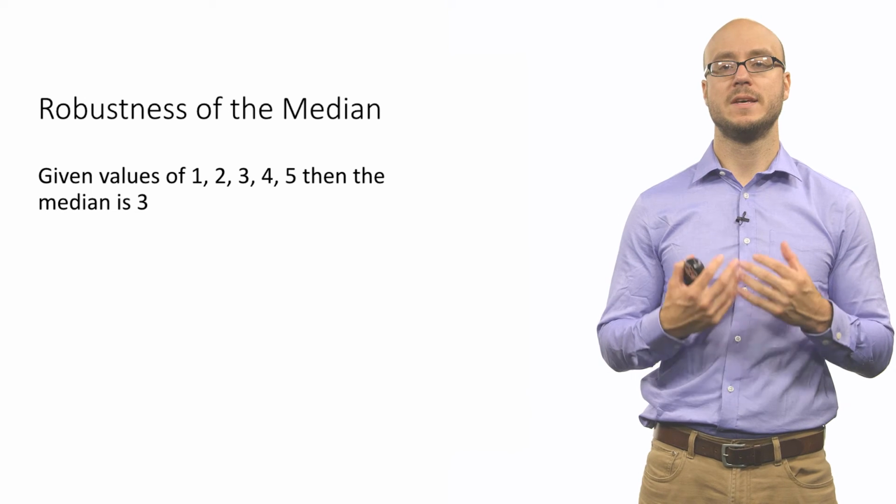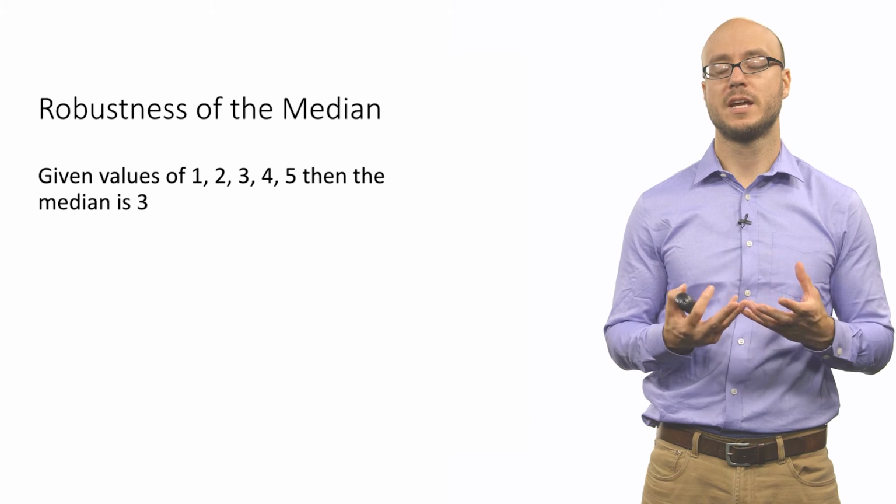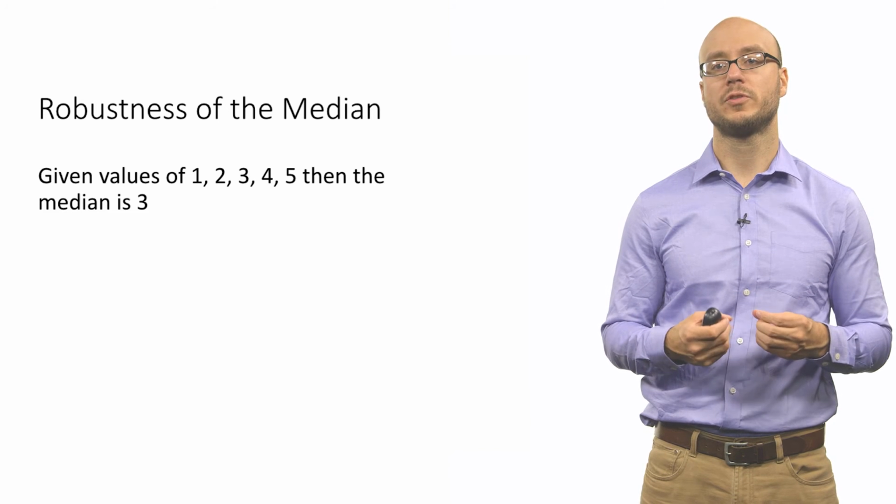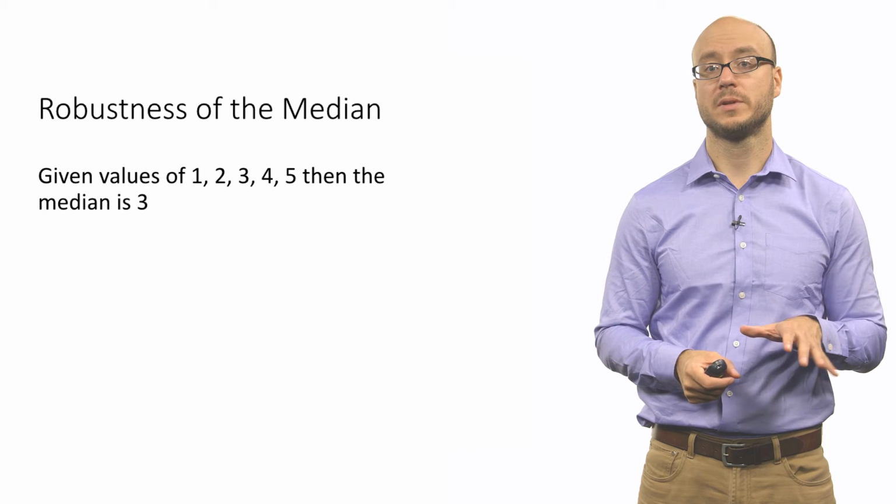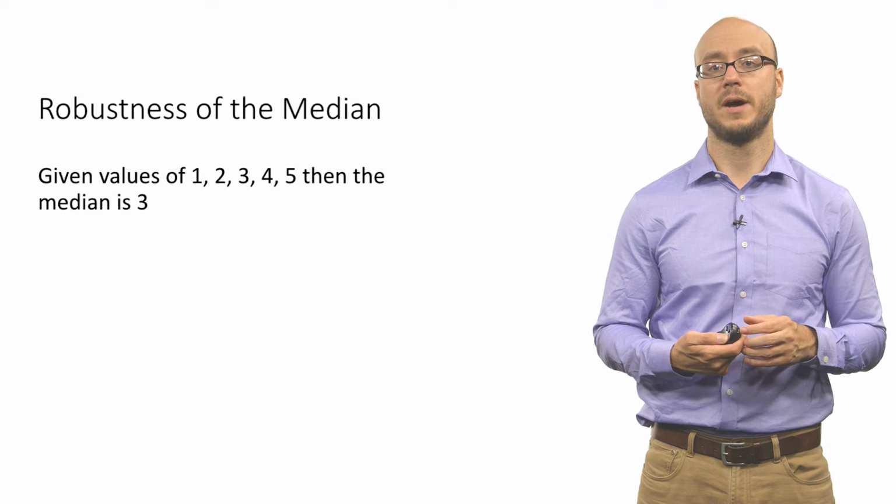So let's suppose, just to make this clear, we have this set of observations. We have 1, 2, 3, 4, and 5. In this set of observations, if you want to find the median, you order the observations from lowest to highest, and then you find the middle value if the number of observations is odd, or you take the average of the two middle numbers if the number of observations is even. In this case, we have 5 data points or observations, so n, our sample size, is 5, and the median is simply that middle number, 3. So we have 2 data points below and 2 data points above.